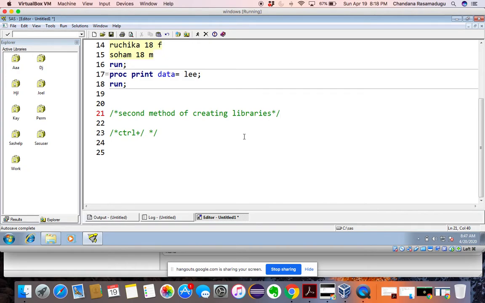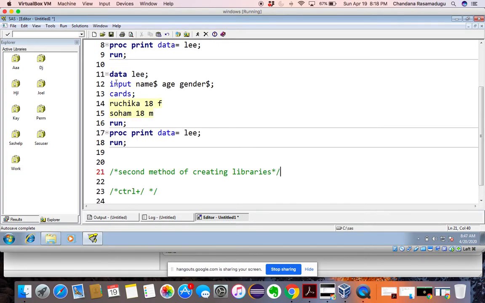Did you understand what I'm saying? The data that is stored in any folder on your computer, you want to bring that data into SAS to work on it. In your work, you never always create everything like this.